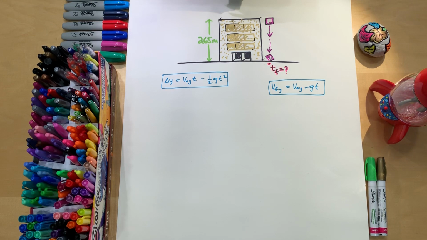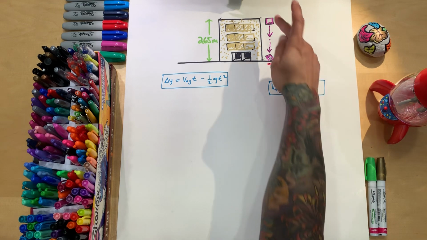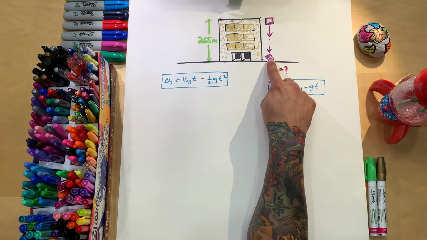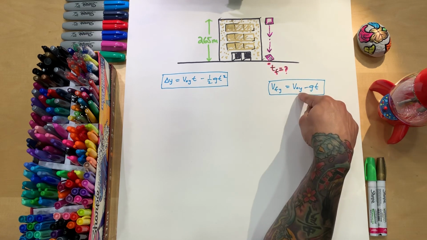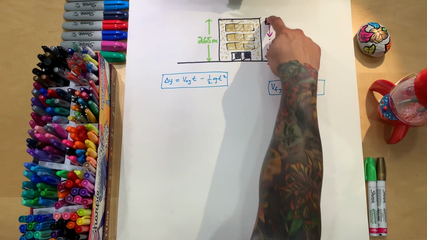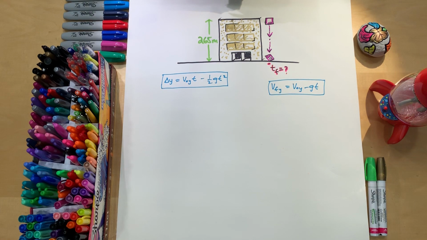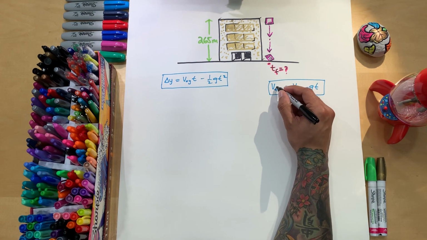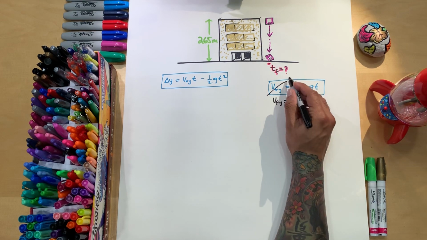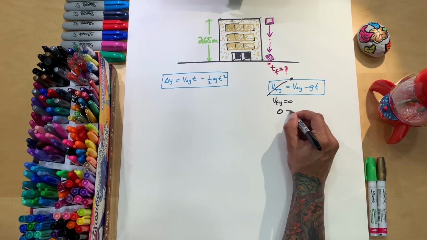So we know that one of these velocities has got to be zero, right? Either we start at zero and then throw it, or right when it hits and cracks the screen and breaks, the velocity is zero. So I think that we'll go with that one. Right when it hits, velocity final is equal to zero. So we can start there. Making velocity final zero, we're only going to have this side left. So we have 0 is equal to